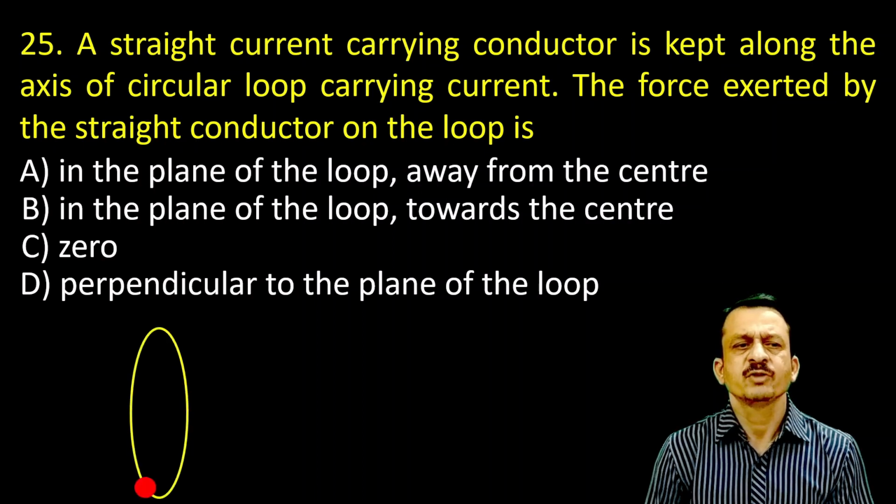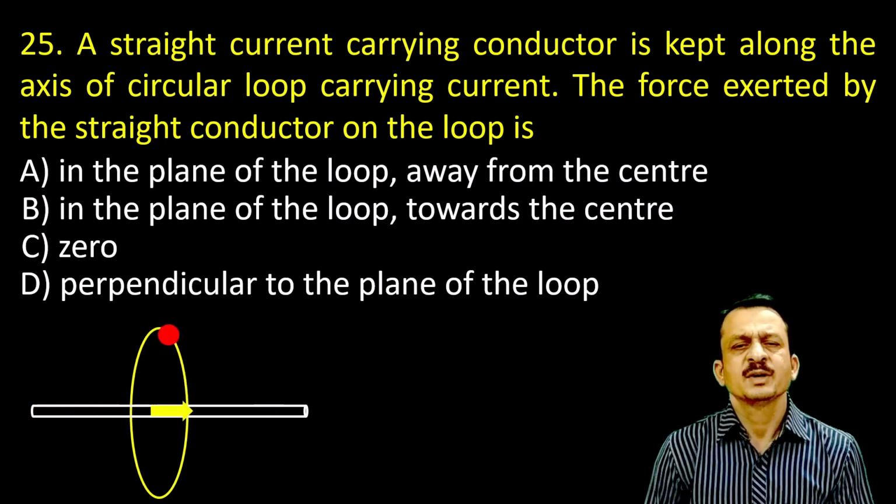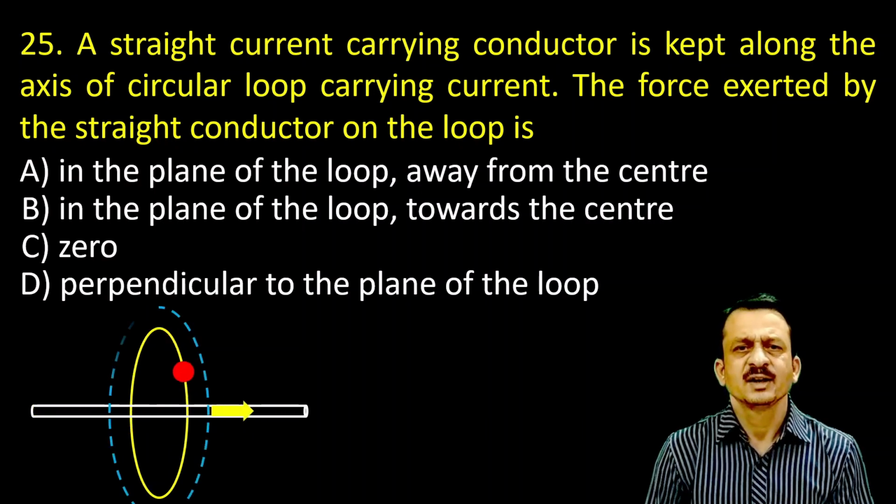Now we have a circular loop in which the current is moving in the circular path. Now we are placing a current carrying conductor at the axis of the circular loop. Now because of the circular current in the coil, there is a magnetic field around it. Now this magnetic field, those blue lines, they are representing the magnetic field due to the